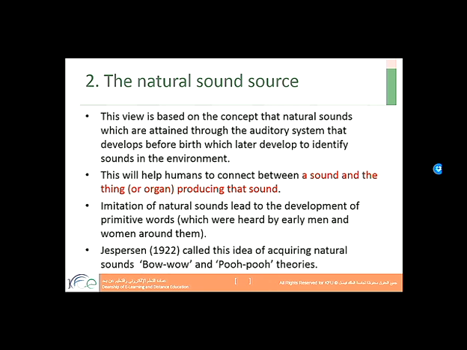So infants are born with the auditory system. This system enables these people later on to produce and articulate language and sounds. This will help humans to connect between a sound and the thing, or the organ, in order to produce that sound.